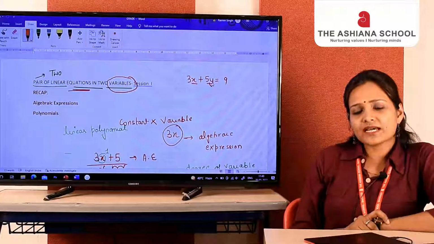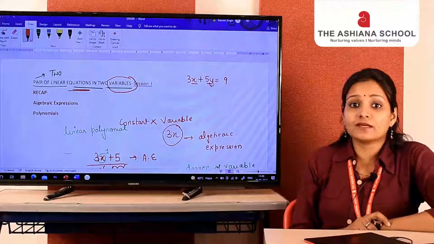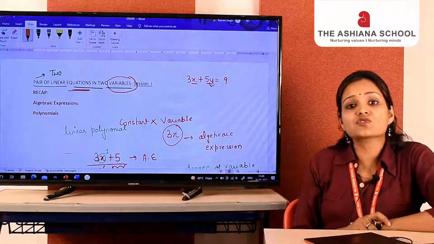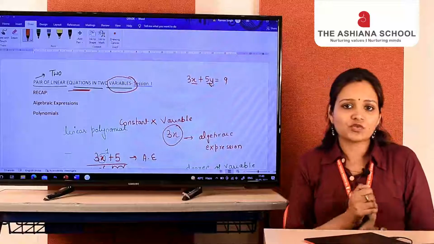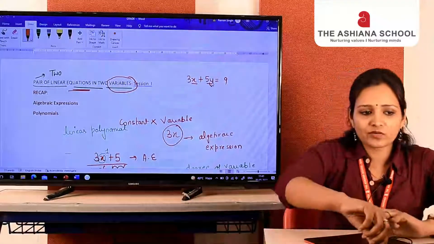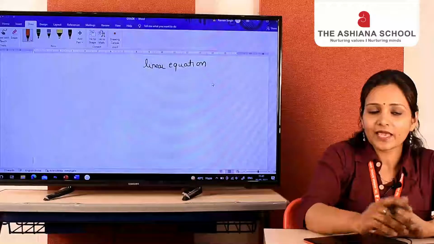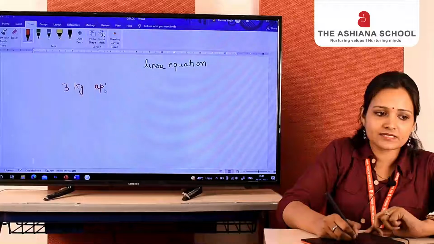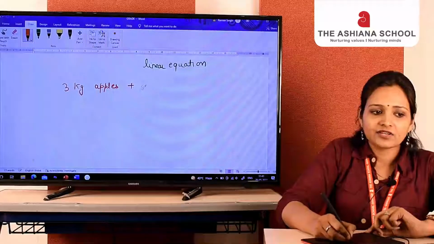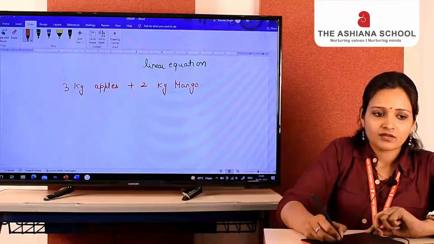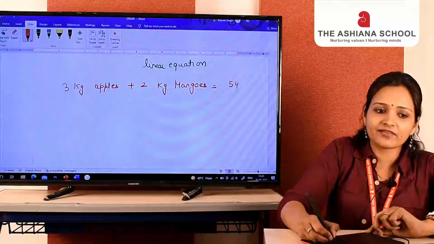In the afternoon, your mother thinks that your father may get late today, and before the dinner she has to serve certain fruits to you. So what she does, there is a store in the society. She went to the store and she buys 3 kg of apples and 2 kg of mangoes for say rupees